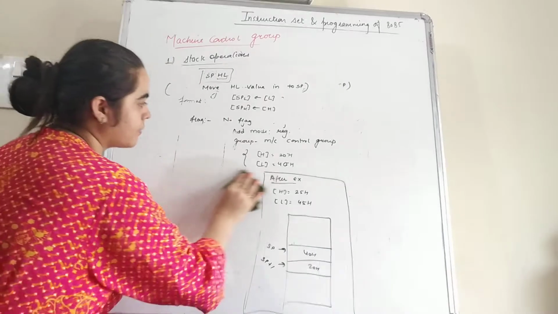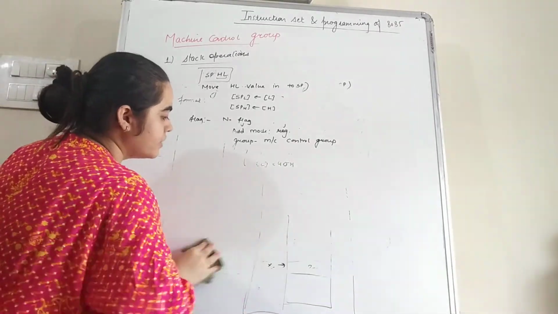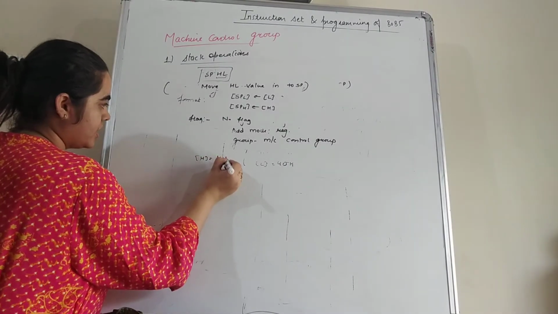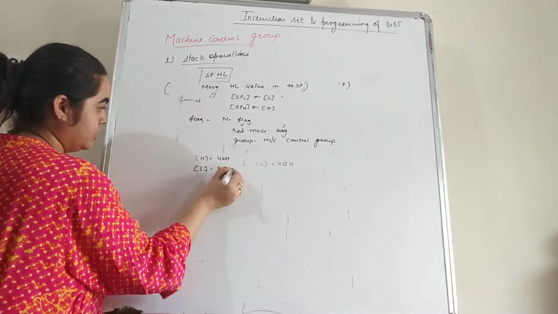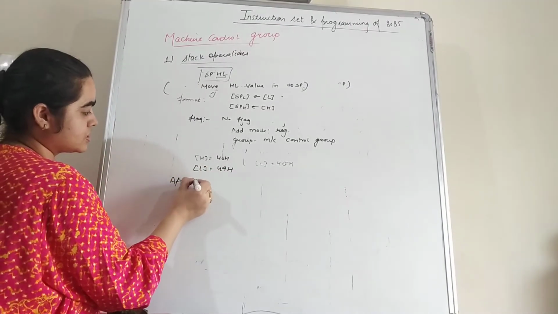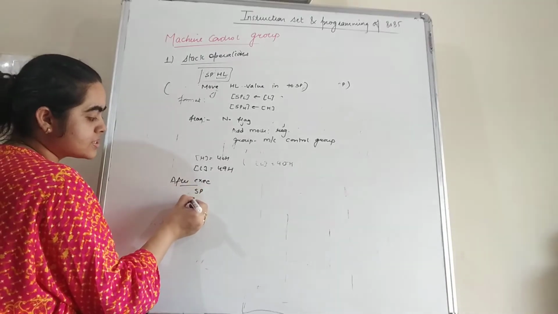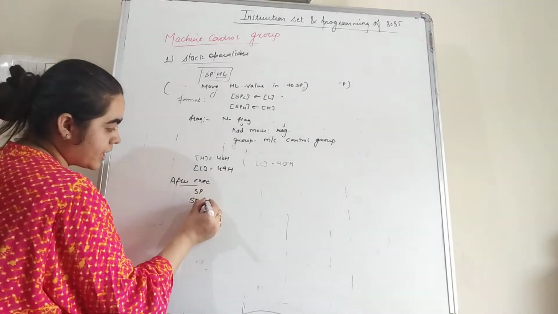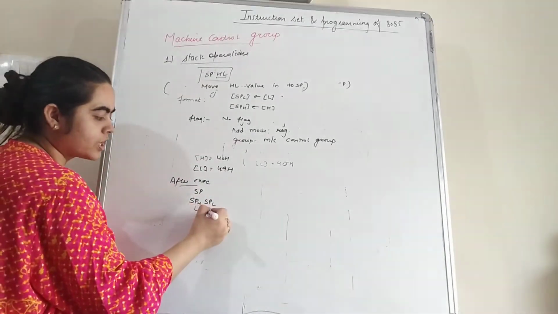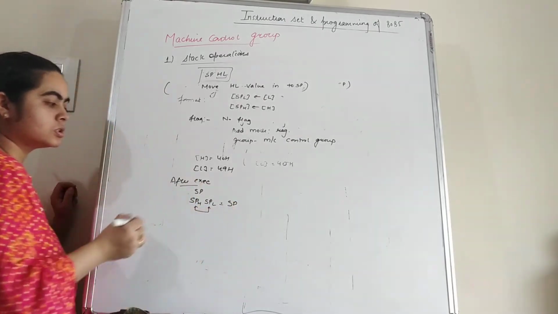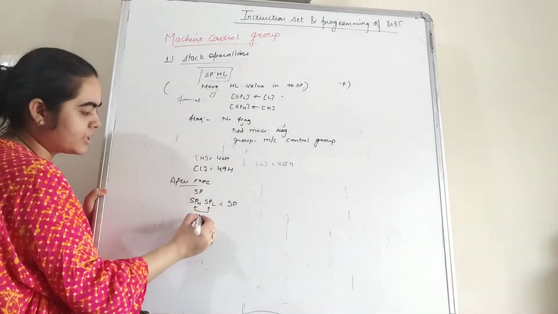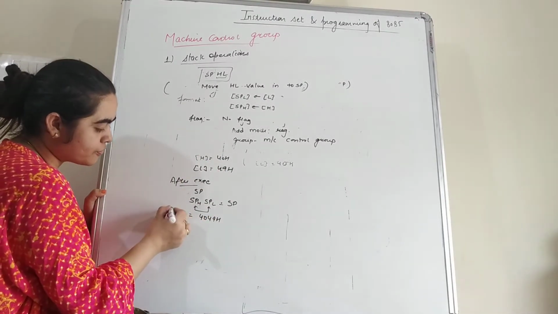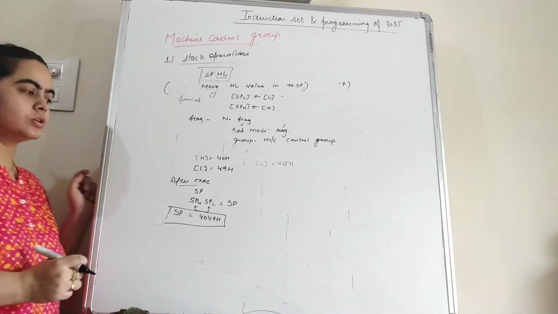Now we can see the example. For example, the higher order byte H has value 40H and L has value 49H. After the execution of this instruction, the stack pointer is 16 bits. So we write the 8-bit higher order byte first and after that the lower order byte, and combine them to form the stack pointer. So here the higher order byte is 40 and the lower order byte is 49H. So this is now, after the execution, the memory address of the stack pointer.